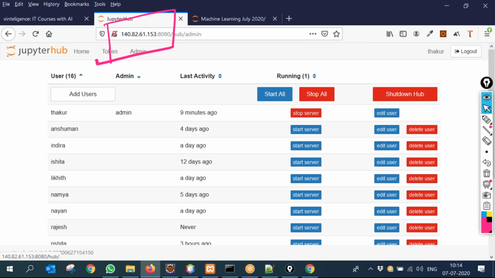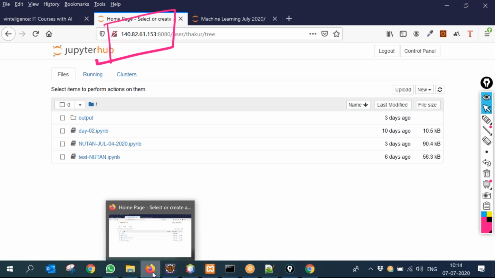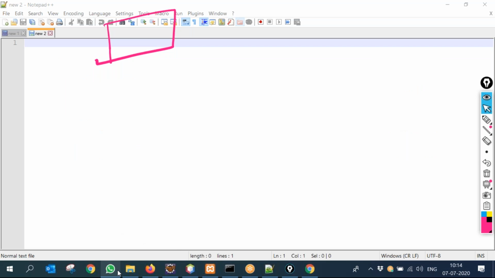So when you log in, you should be on this screen. If somebody is not able to log in, I can help you. Yeah, it's asking for a username and password. The username I gave you, it is Rajesh, right? Okay, let me check.